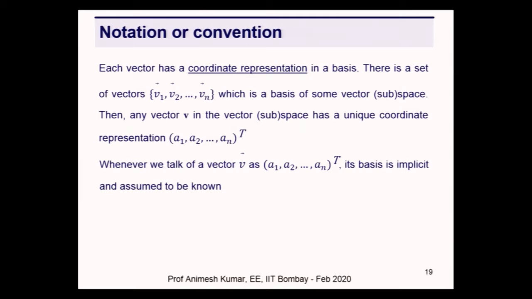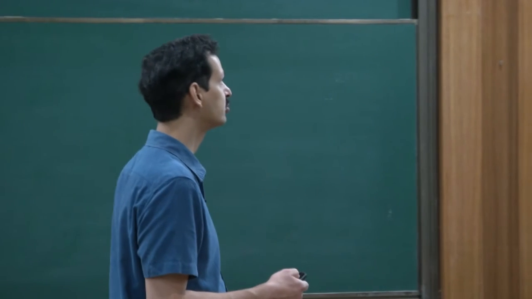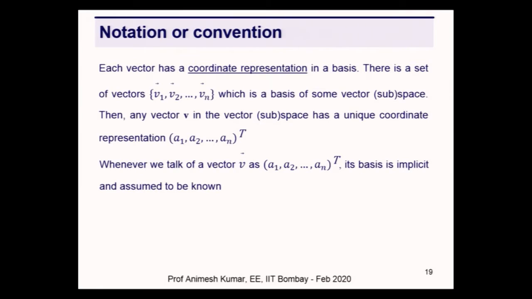So what's the notation or convention that we'll be using? Each vector has a coordinate representation in a basis. And once I fix the basis, the coordinate representation becomes unique. Then there is a set of vectors v1 to vn, which is a basis of some vector space or subspace. For example, it could be the set of images, or a subset of m-dimensional real space, and so on. And then any vector v in the vector subspace will therefore have a unique coordinate, which is a column vector,